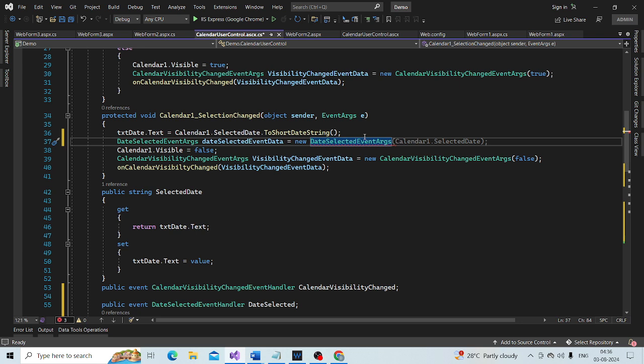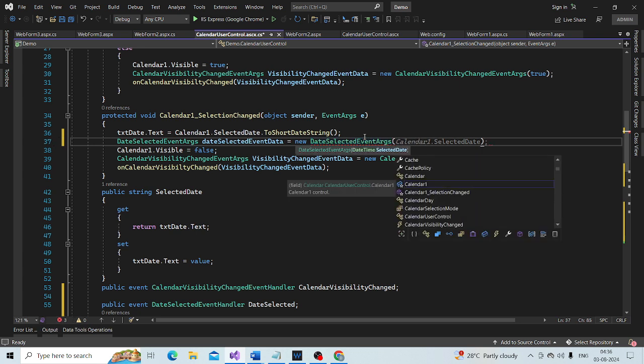And look, this instance expects a date time that the user has selected. The constructor is expecting that, so we pass the selected date from the calendar to that constructor.